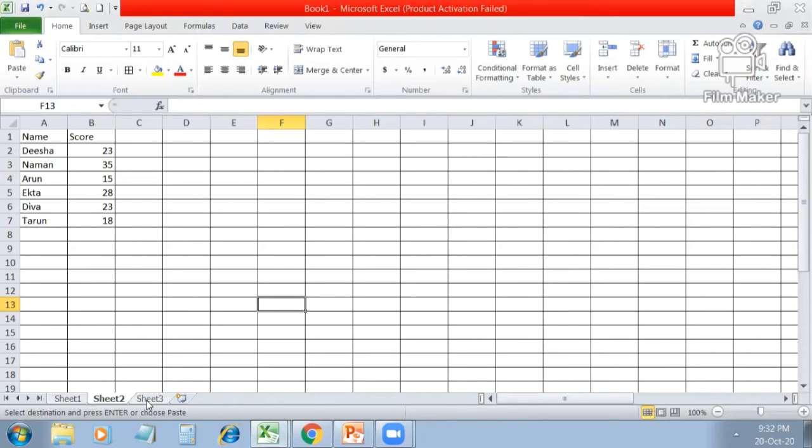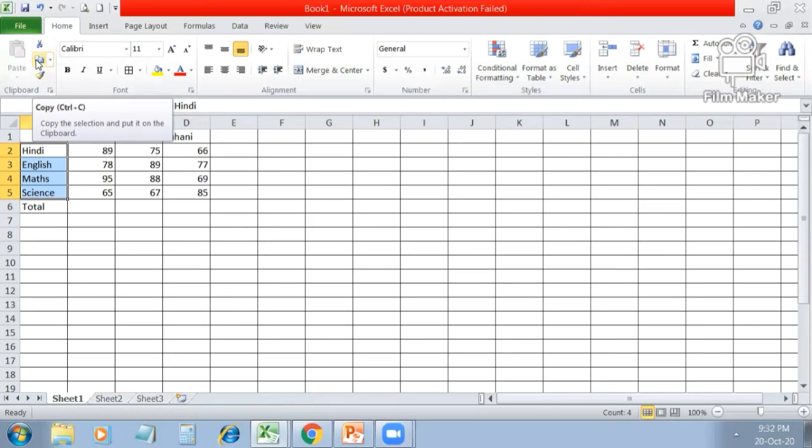To understand copying of data, first let me write something on the sheet. This is my written matter. Now we are going to apply the copy option on this data. To copy particular data, you have to select the data with the help of the mouse. Select the data like this and then click on the copy option. You can find the copy option on the Home tab. Click on it. This is your copy option and the shortcut key of copy is Control C.